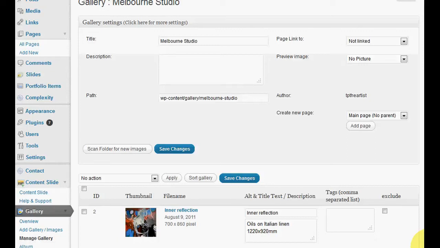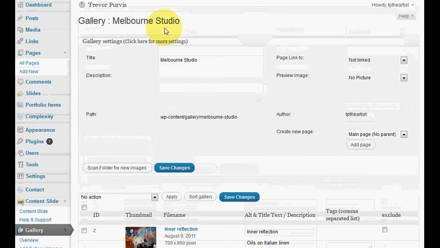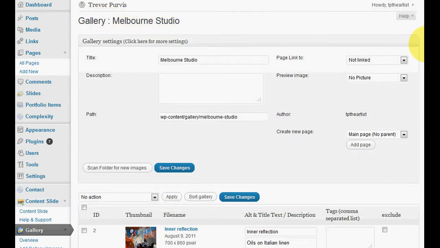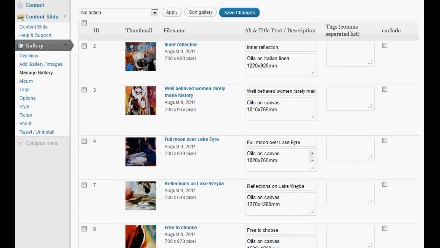Okay, what I'm doing now is I'm just resorting these galleries based on the information you gave me again, Trevor. So I'll just go through just so you can get a bit of an idea again how we're actually going to do it. So at the moment I'm working in the Melbourne studio, but there's certain pieces of your work that really aren't supposed to be in here. So again, according to your instructions here,